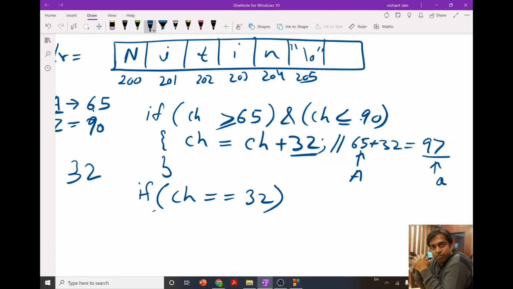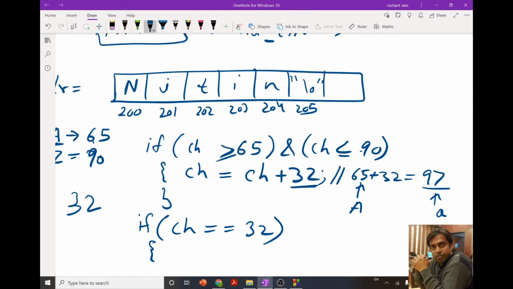If it is, suppose in this particular string we have one blank space at 202, then I and 206.